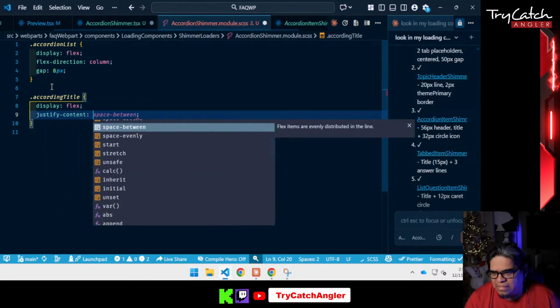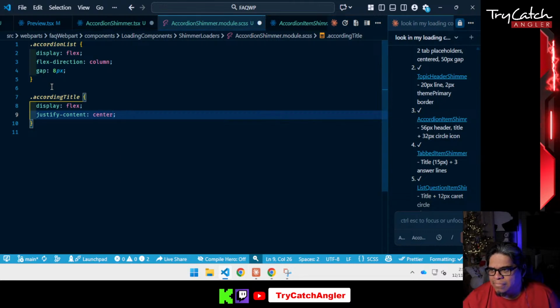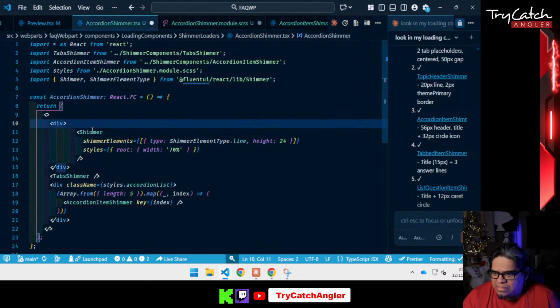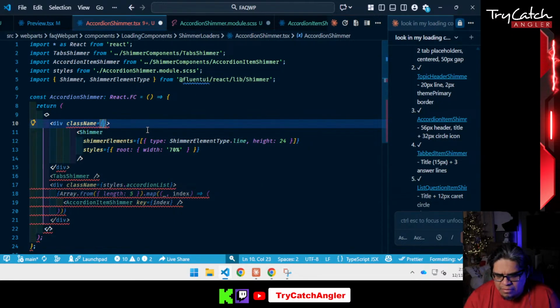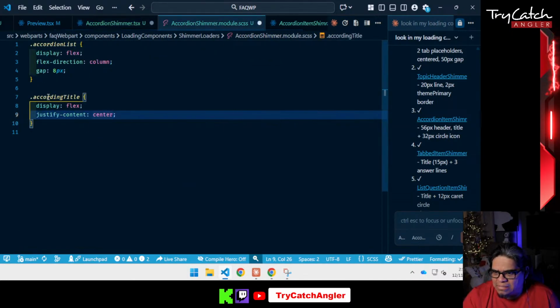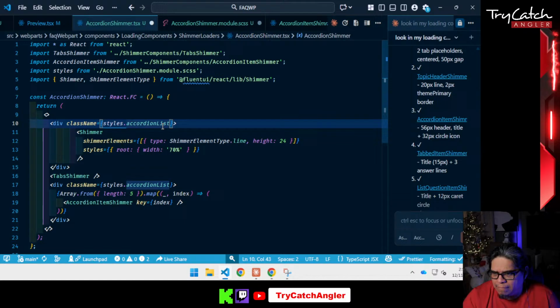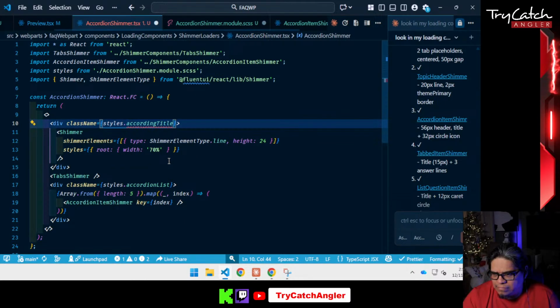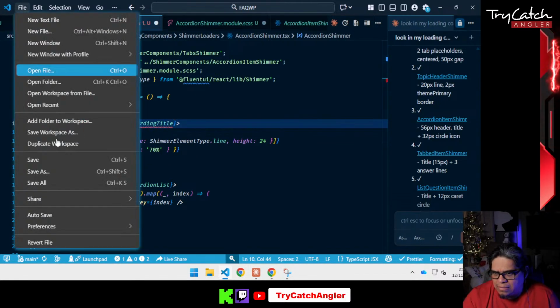Flex, justify content center. All right, and then this one's gonna be a class name, and it's gonna say style dot accordion, not accordion list, but accordion title. That. I'm gonna save all,